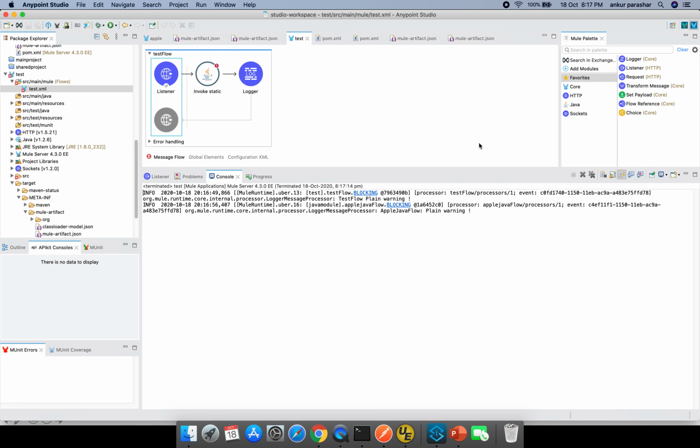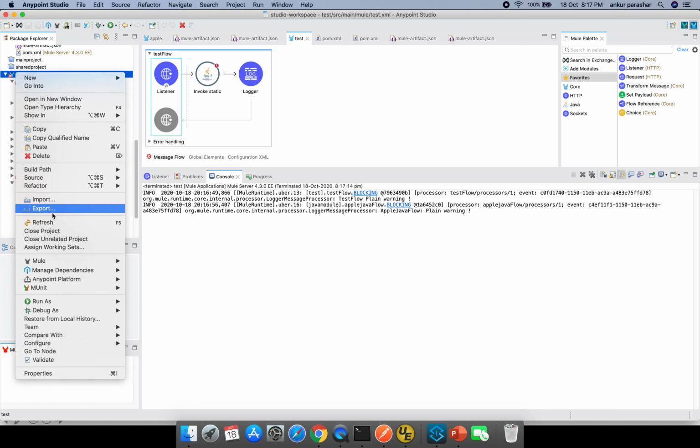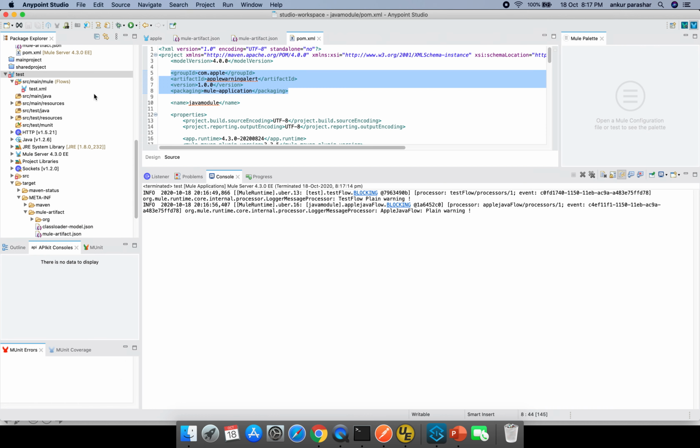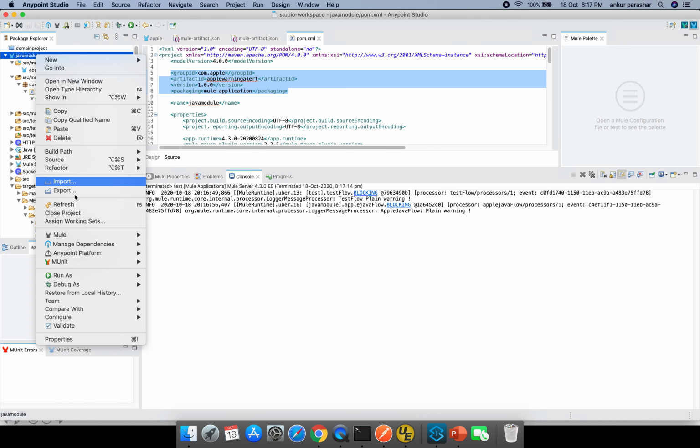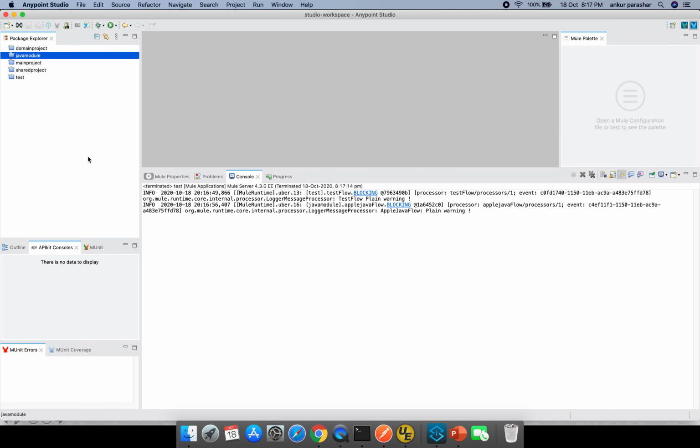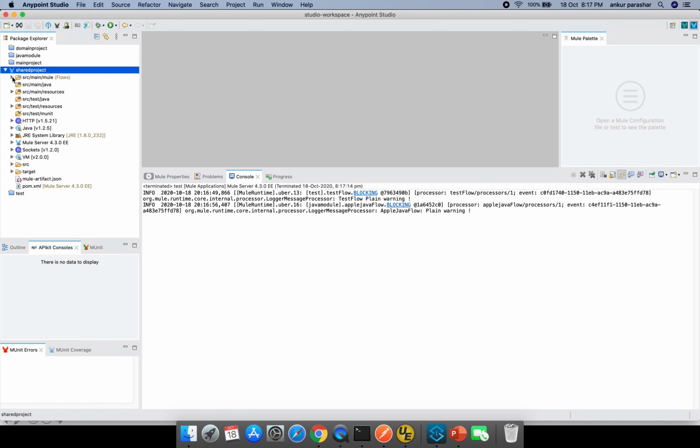Similar stuff. Let me close both of these projects first. I've closed this one. Let me close the Java module as well. So this is a shared project which I have created, and let me show you the configuration of it.